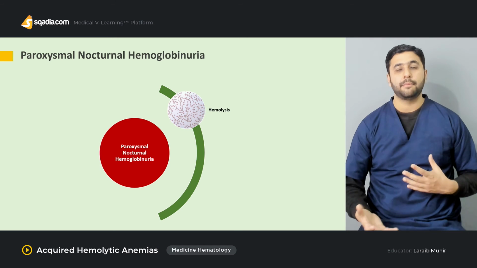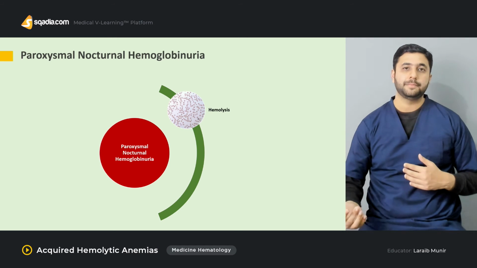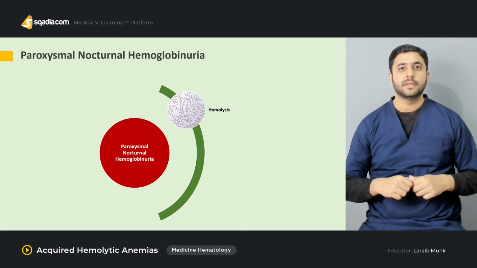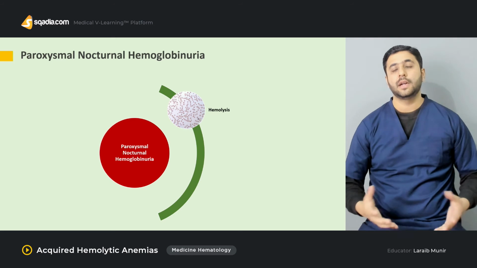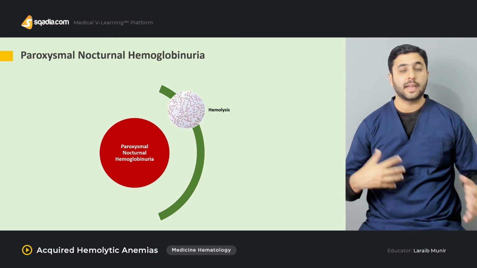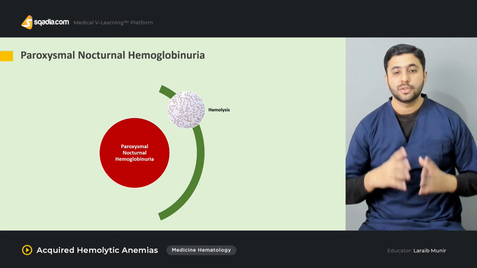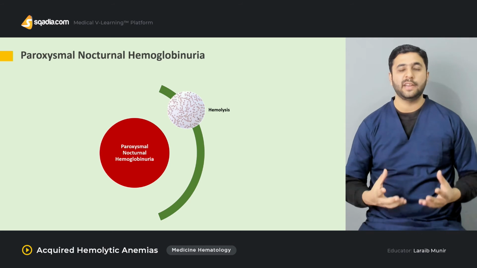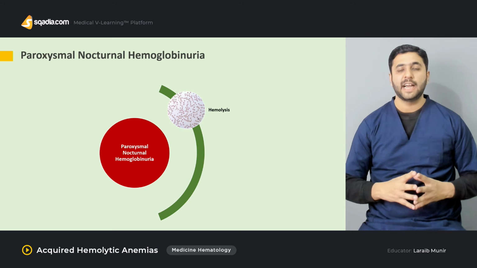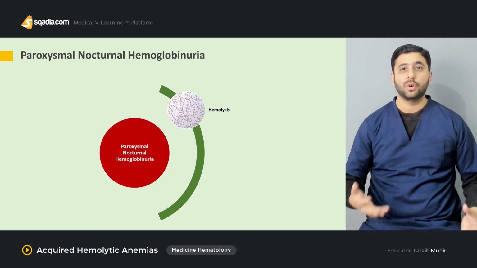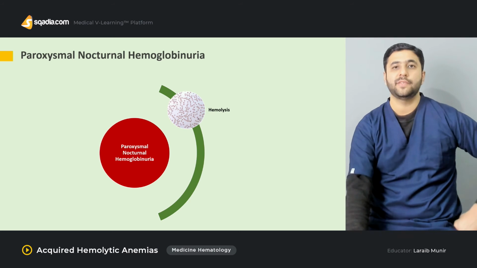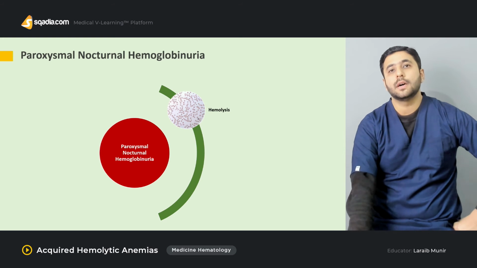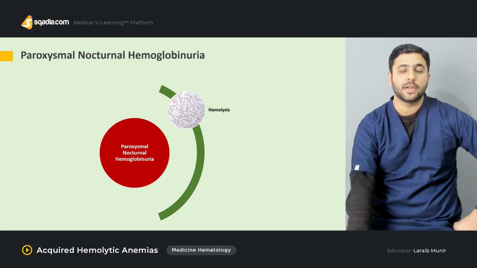This might happen episodically after a few days, or this might happen in a month, that there is a large volume of blood. So the patient gets very frightened, and the patient has no other signs and symptoms. So this is the major presenting complaint in these patients, that these patients present to us very, very frightened that, "Doctor, I have been passing blood in my urine and I have no other symptoms." So it is very important to investigate the cause and arrive at a differential diagnosis, including paroxysmal nocturnal hemoglobinuria